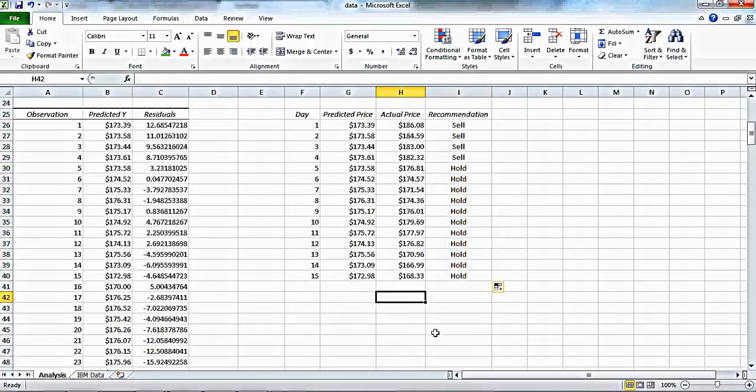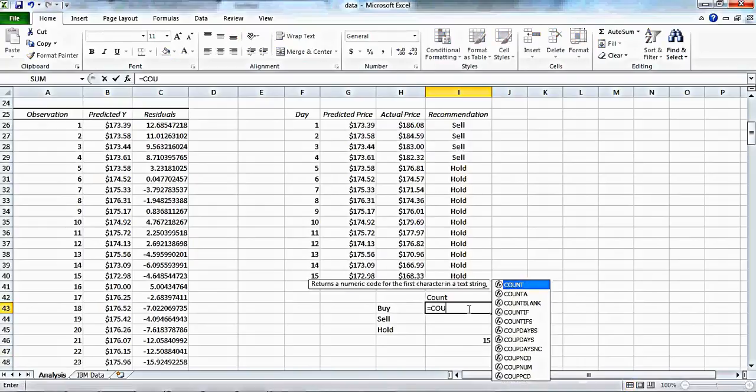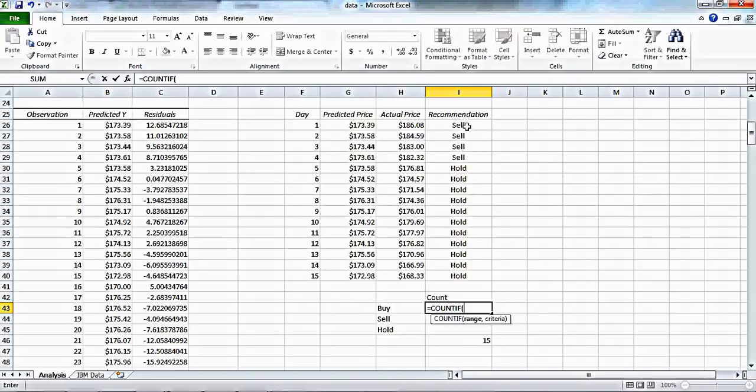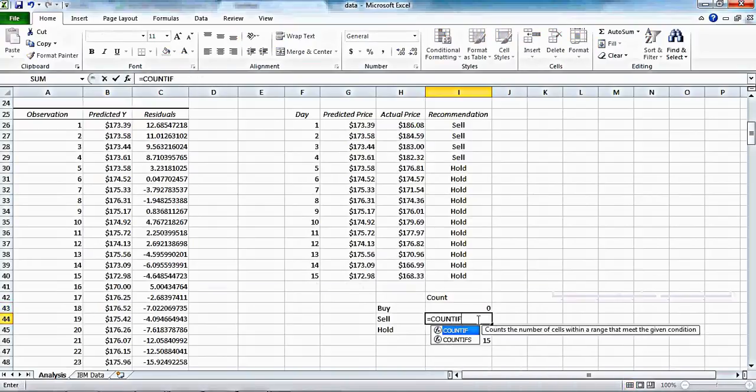Now, the next step that we also want to add is a count feature to let us know the overarching percentages. And so we know that we have 3 options: buy, sell, or hold. And we know that we have 15 observations. So the first step that we want to do is do a new equation called count if, and we select the range that we're looking for, and then we select the criteria that we're looking to identify, and it will automatically count how many buys there are. Now in this scenario, there is none. So now we want to do this again for the sell,